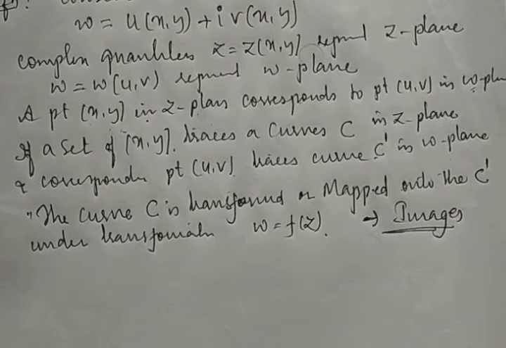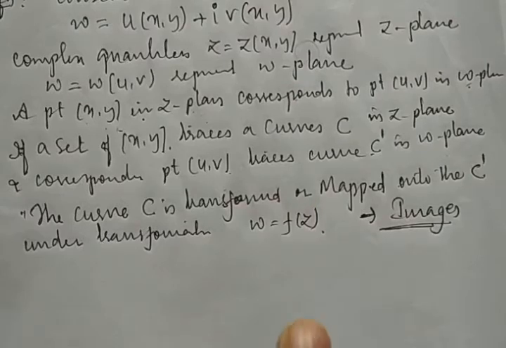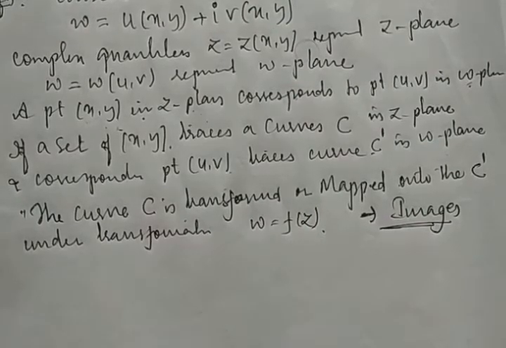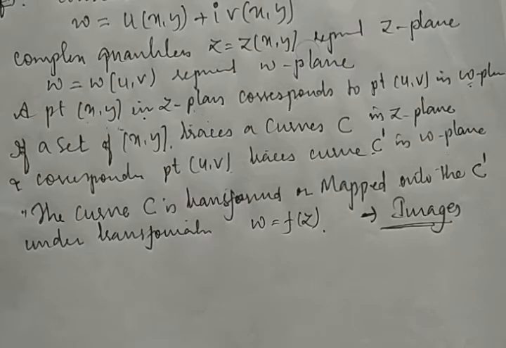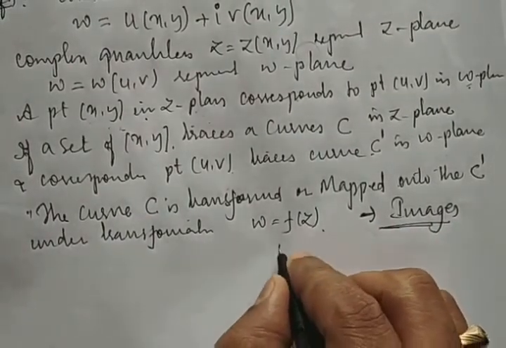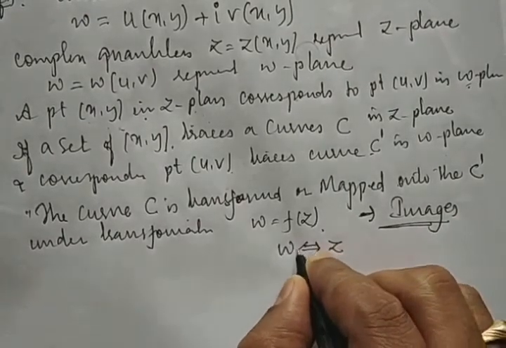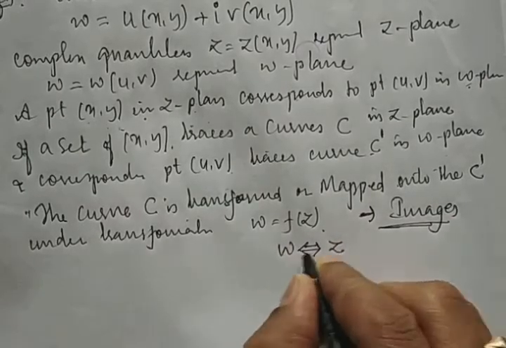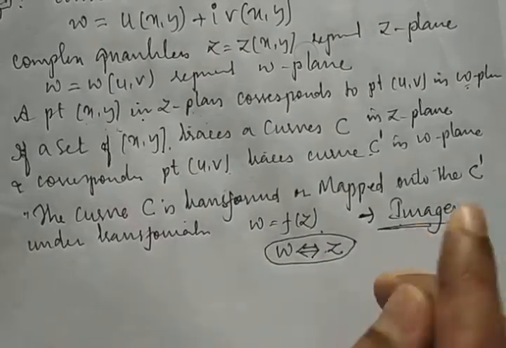Many times we can observe that by sitting somewhere and tracing on one platform with the help of a keyboard, the reflection automatically appears on a monitor. So here the keyboard acts like the z plane, whereas the monitor acts like the omega plane, and they are called images of each other. Images of each other means: if you do something on omega, its impact will come on z, and if you do something on z, its impact will come on omega.